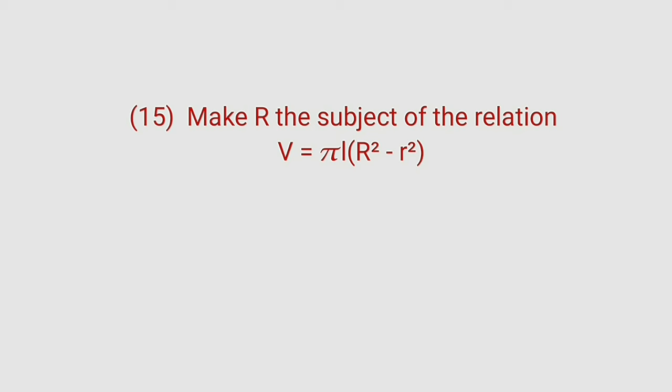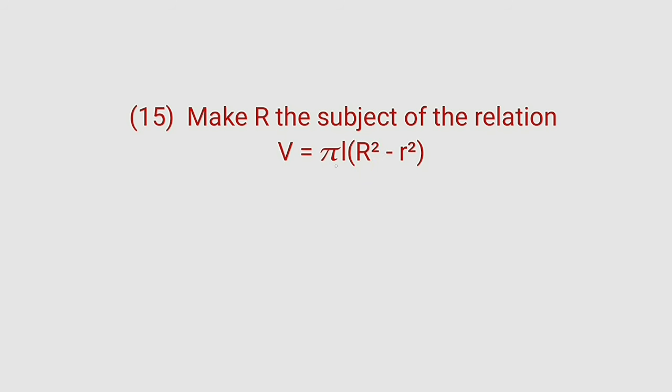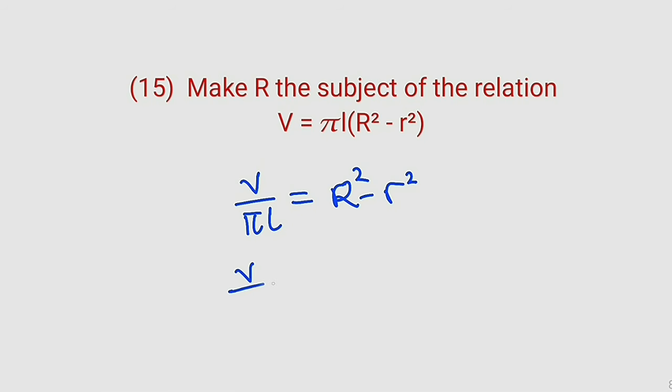Question number 15, we are asked to make capital R the subject of the relation V equal to pi L multiplied by R squared minus small r squared. All right, our main goal is on this R. So we first of all divide both sides by pi L. So we have V divided by pi L. This is equal to R squared minus r squared. Then we can take this one to the left. As we take it to the left, it becomes positive. We have V divided by pi L, then plus r squared